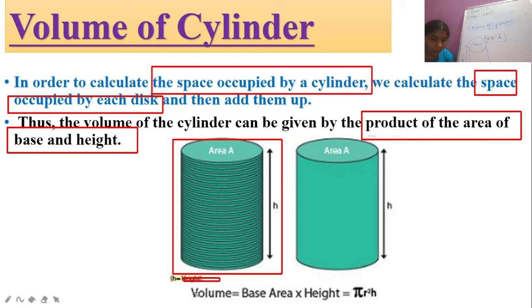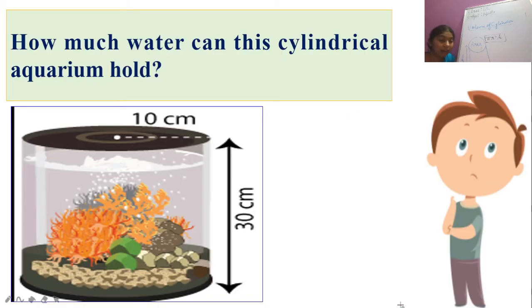Okay, so now let's come forward. See, this is a student thinking about how much water this cylindrical aquarium can hold, right? So you can see we have a radius as well as a height. So you have to tell me where is the radius and where is the value of radius and the height. So students, we can say this is a radius which is in the form of 10